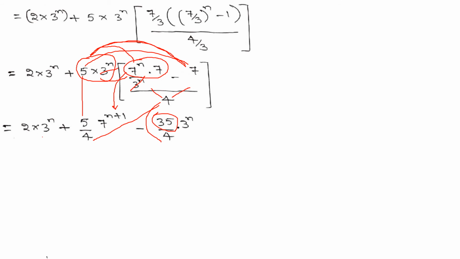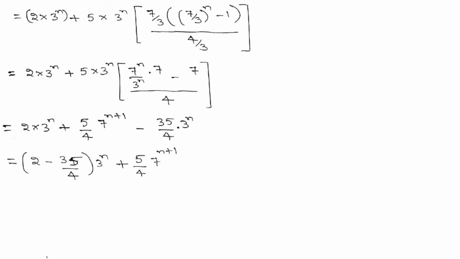Now you can observe these two terms and take out 3 to the power n as common. Yes, we have taken 3 to the power n as common from these two terms. Let us take the LCM and simplify it further. We get minus 27 by 4 3 to the power n, and thus,